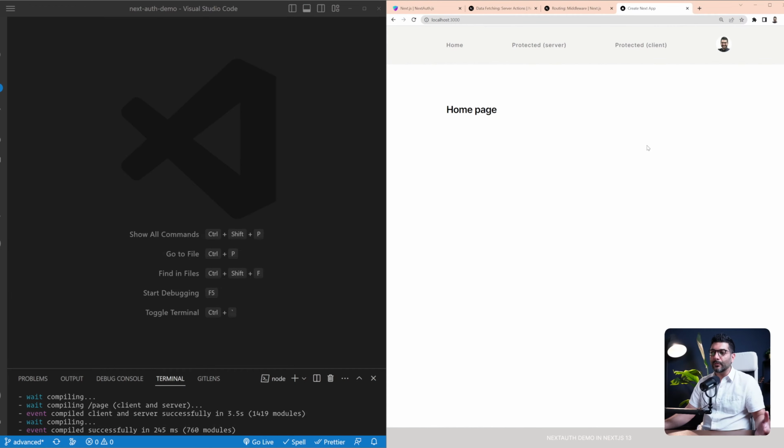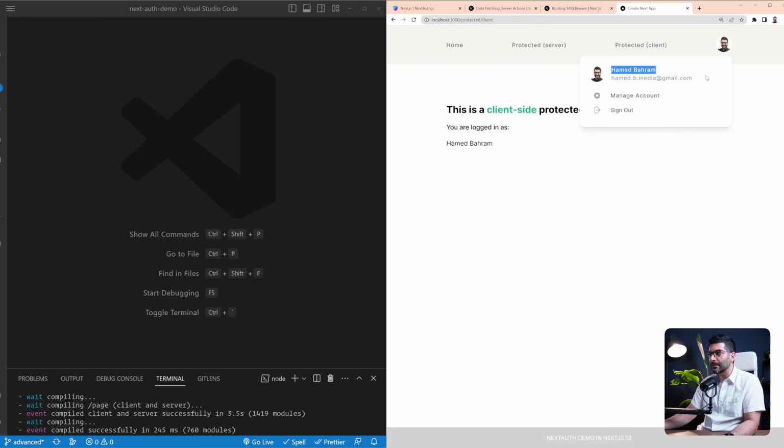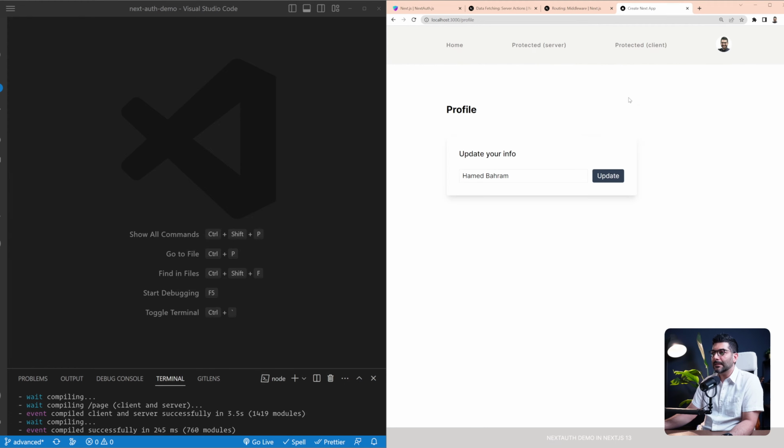Let me show you what we're working with, and then I'll explain how we go about building it. If you remember from the last video, we built this app together where we had these protected routes on the server, some protected route on the client side. We implemented this user button, which shows you the currently logged in user, a way to sign out, and this link to our profile page. Now in that video, we didn't have a profile form, but we're going to implement this together in this video,